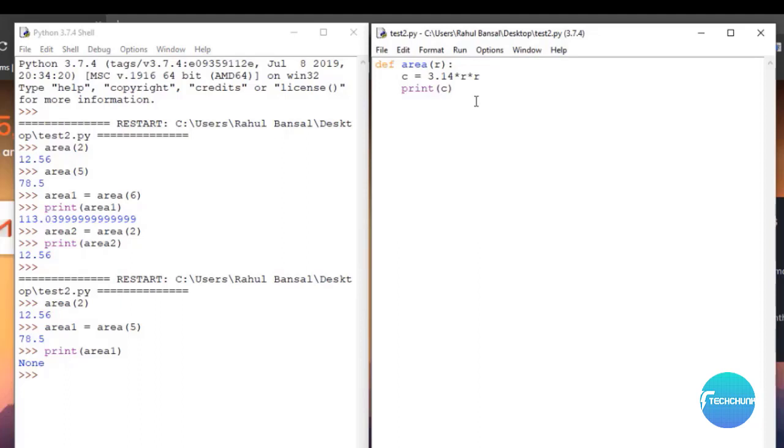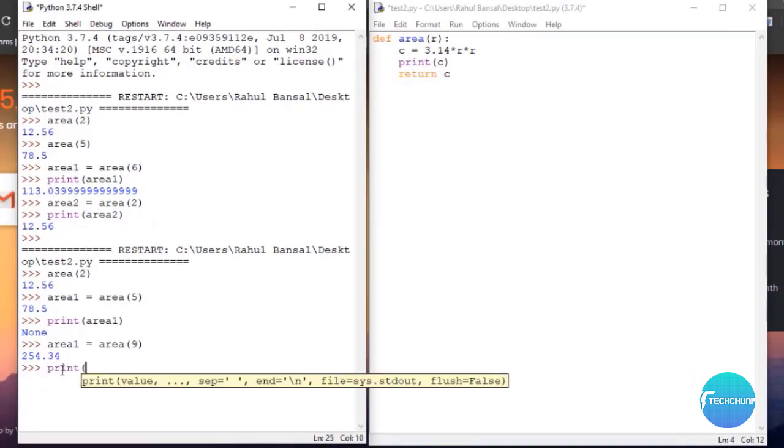So if I write return C here also, what happens is, when I write area1 is equal to area of 9, and do this, it is printing that value again, 254.34. It is printing that value. But if you print the value of area1 now,